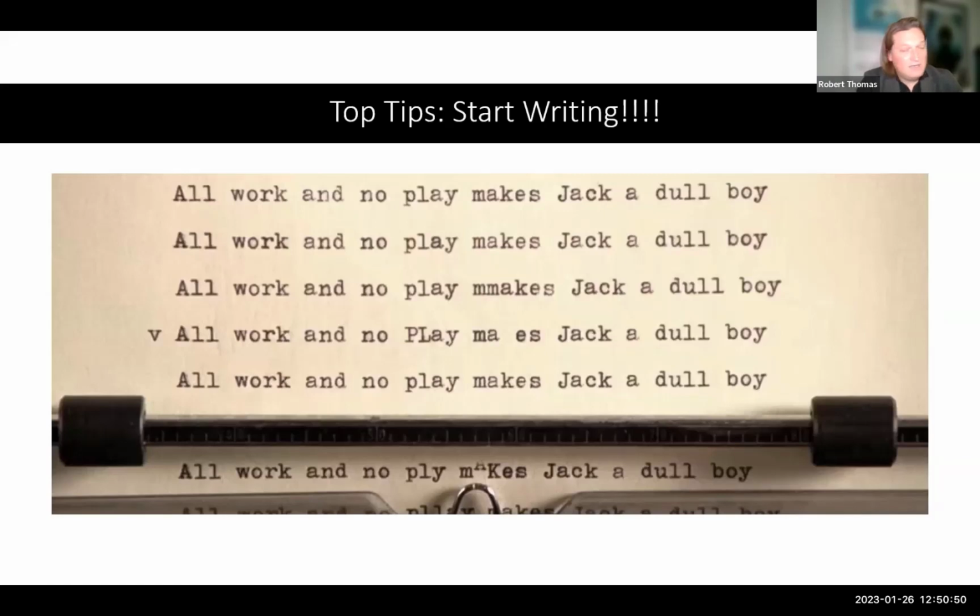And write freely. One of the things with literature reviews, people get bound up in word counts. So write freely. It's a lot easier to edit a literature review after that to make sure that you get the right draft. And remember, your first draft will not be your final draft, okay?